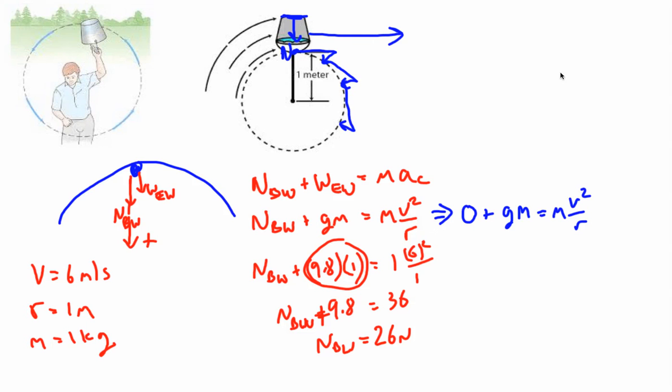All right, and so if you use the same formula, you can see the m's drop out because the normal force has gone to 0. And if you put in 9.8 equals v squared over 1, you find the velocity. That very slowest velocity is 3.13 meters per second. Any slower than that, the